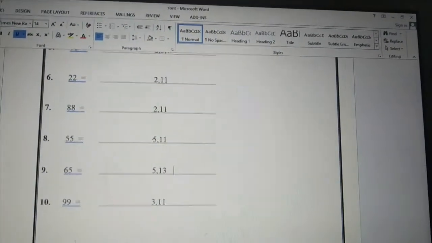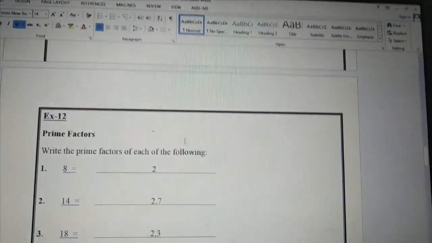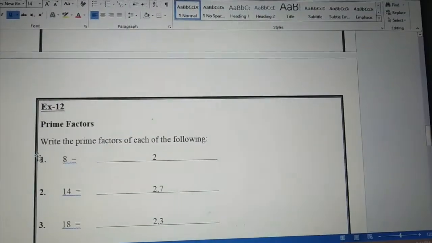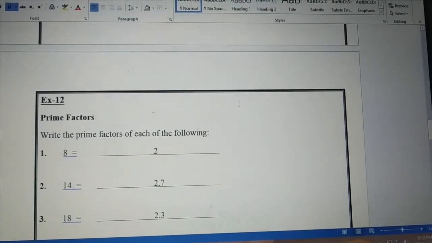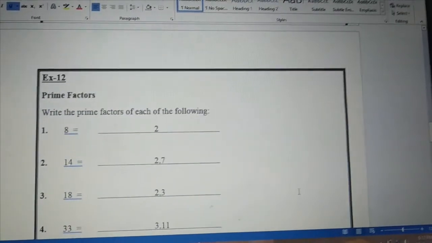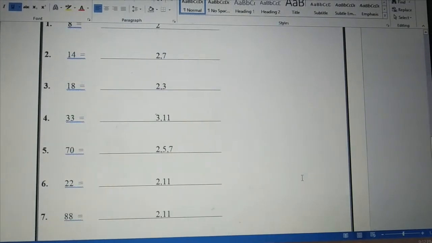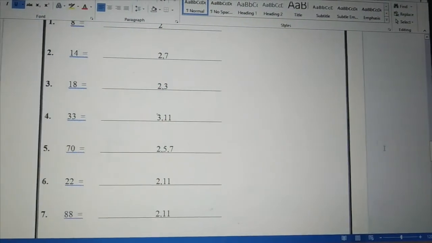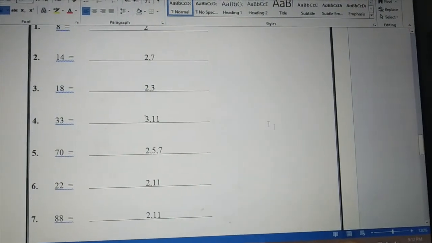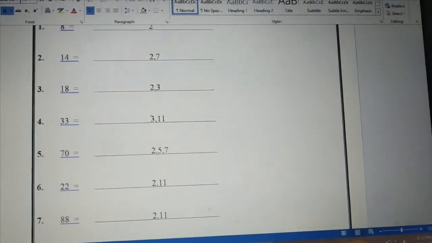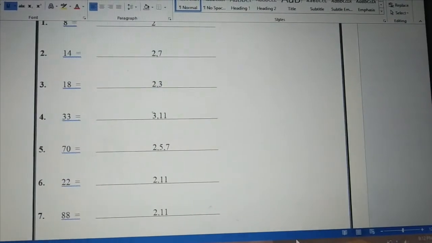So what you have to do, you have to find the prime factors: first you have to find the factors of these numbers, and then you have to identify which of these factors are prime numbers, and those numbers are called the prime factors of this number. So first find the factors, and from the factors find the prime numbers, and that will be the prime factors of these numbers. Hope you understand.